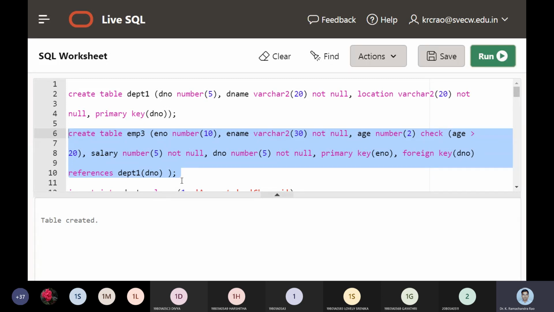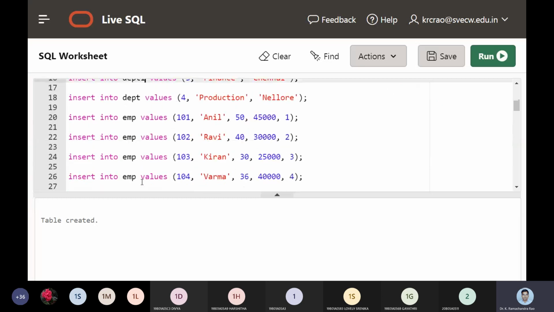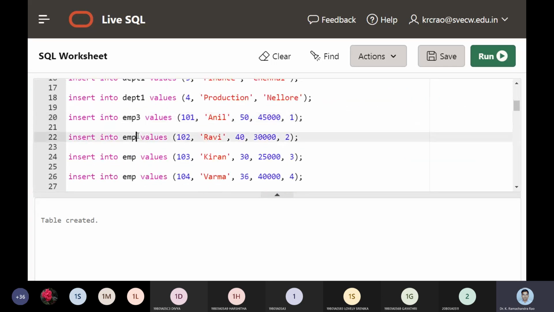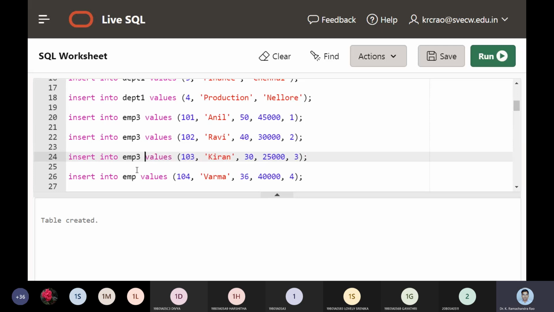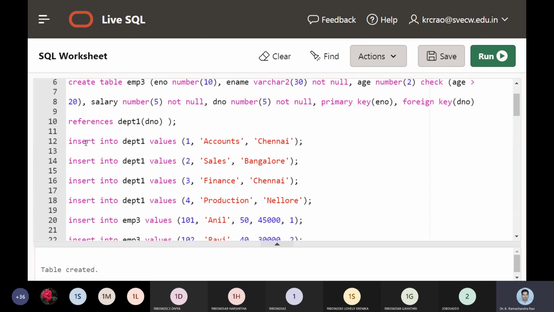Now I am talking about the department. The name of the department table was department 1, and the employee table I created is employee 3, that is the table name. So when we make an insert command, you should remember that department 1 and employee 3 should be mentioned here. Because in my previous database schemas, when I practiced, maybe I used the same names. Therefore, as the same names are there, the database is not allowing me to give the same table name. So that was the change we should observe.